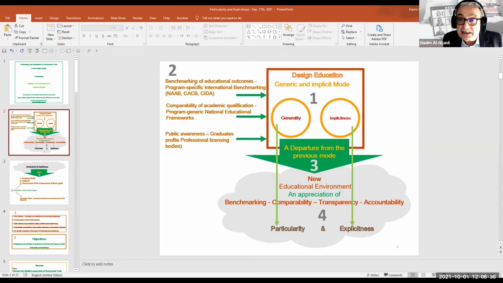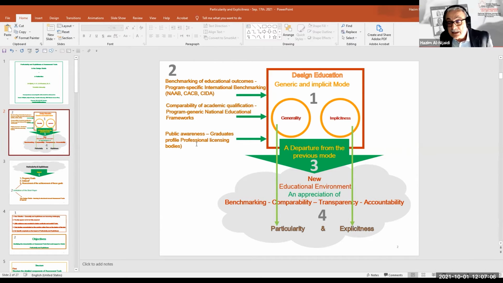Now, with benchmarking and appreciation of international program-specific benchmarks and standards like CIDA for interior design or CACB for architecture in Canada, and the introduction of the program generic national education frameworks, which advocate comparability of academic qualification within a country or across countries, and the public awareness by the licensing bodies.